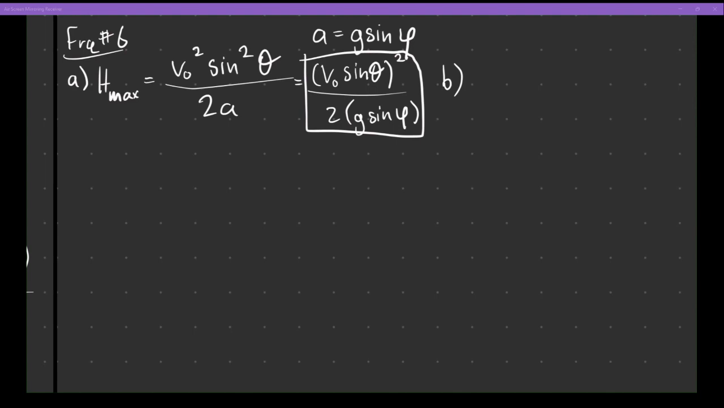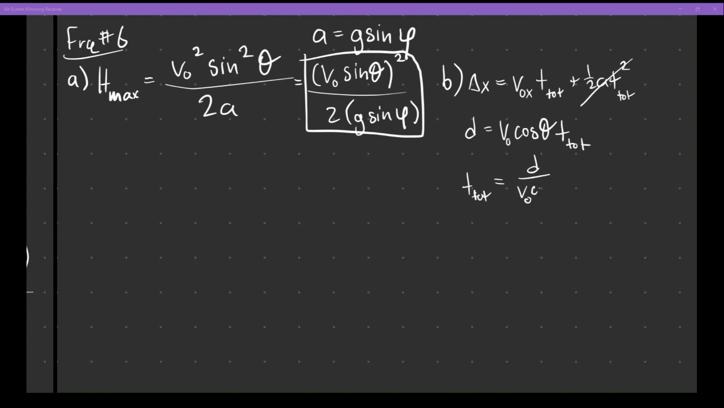Now part B asks for the time it takes to reach the hole. So basically, I'll just do delta x is equal to v initial x times t total plus 1/2 a t total squared. However, there's no horizontal acceleration, so delta x is equal to d, and v0x is just v0 cosine theta, times t total. I'm asking for t total, so I divide by v0 cosine theta on both sides, so I just get d over v0 cosine theta,